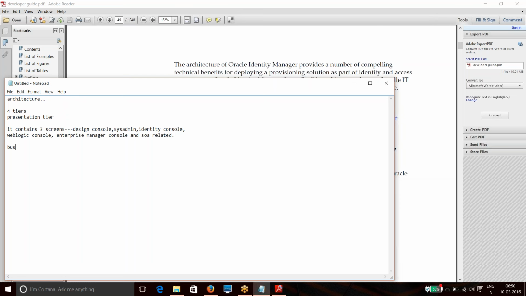While installing, we'll have to go through these consoles also, the WebLogic console, Enterprise Manager, and the related ones. While installation, it will automatically install all those things.